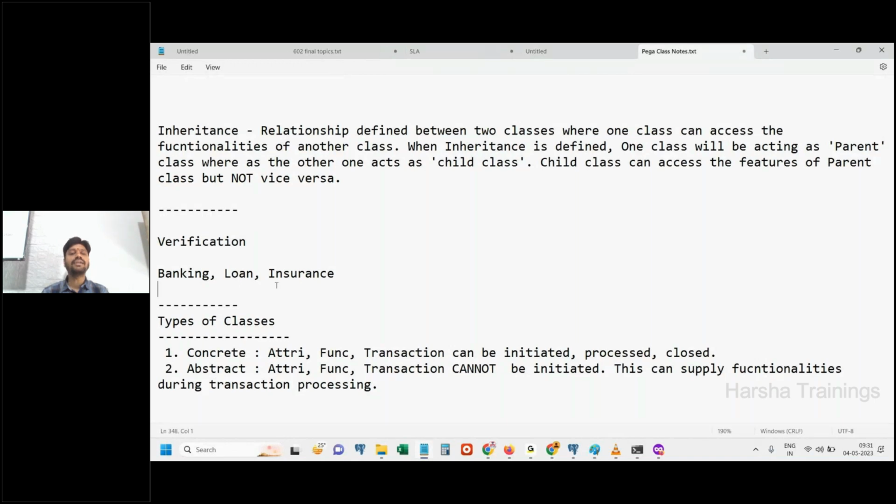If you want a banking transaction to be done, which department is responsible for that? Banking department. Banking department has the ability to initiate the banking transactions. Yes or no? We go to banking department, we will give money so that we can deposit it. We will give a check so that we can withdraw money. We'll go to loan department and ask them to initiate the loan processing. They can initiate the loan transaction. Insurance department can initiate